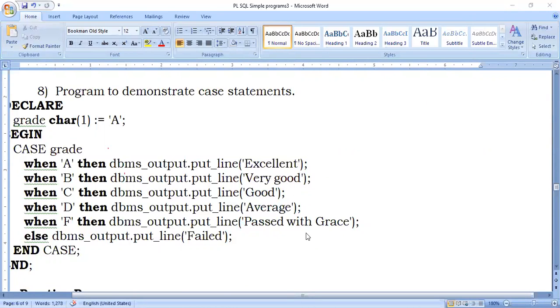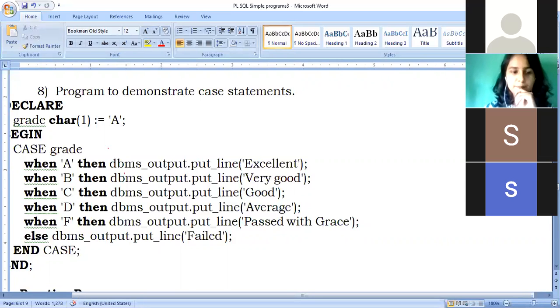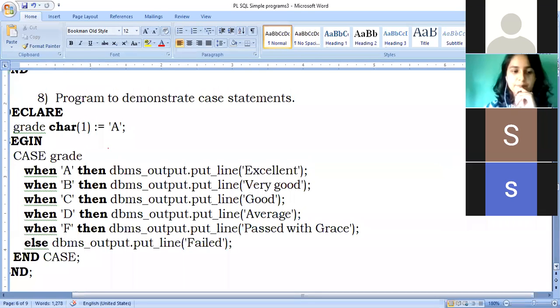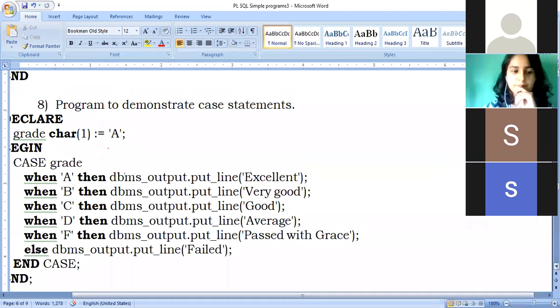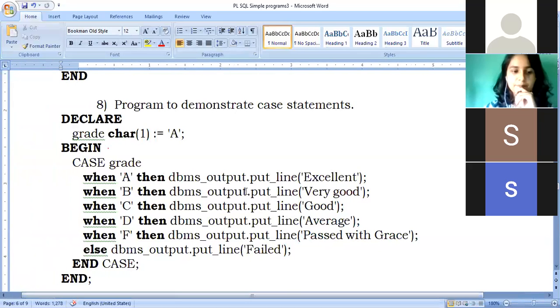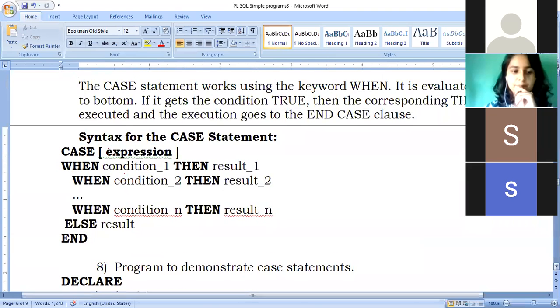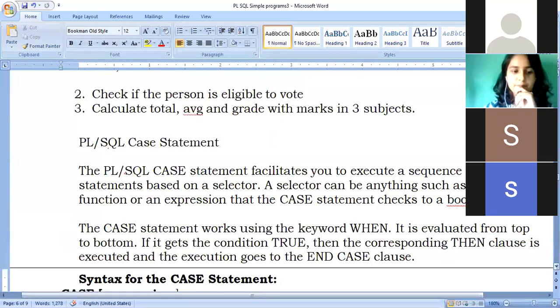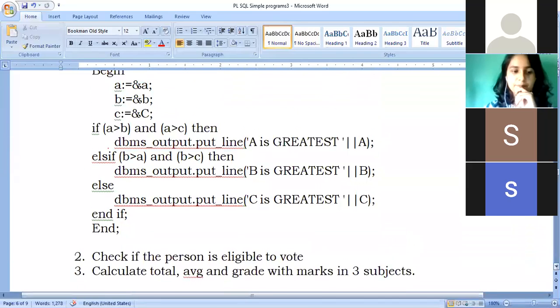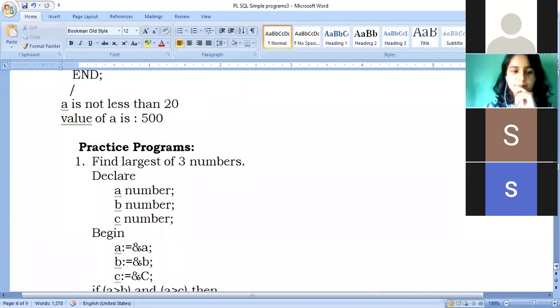Okay, fine. So let us continue with PLSQL programming. Last time I had sent you one Word file. I hope you have forwarded it to all. Yes, ma'am, I have forwarded. Okay. So the programs were simple where we had used variables, but we had initialized their values with static values. In the sense, we had not accepted the values from the user. I will just scroll to the previous screen, previous program, and then we will start.